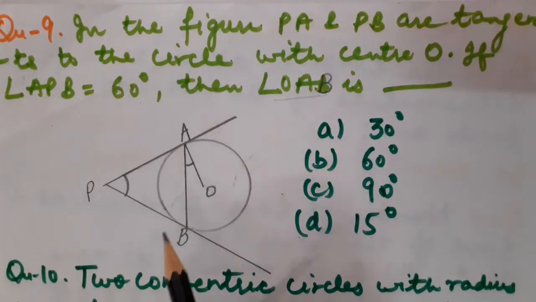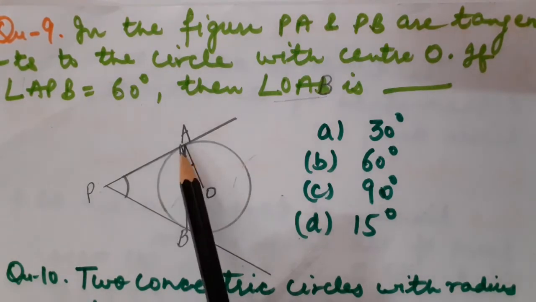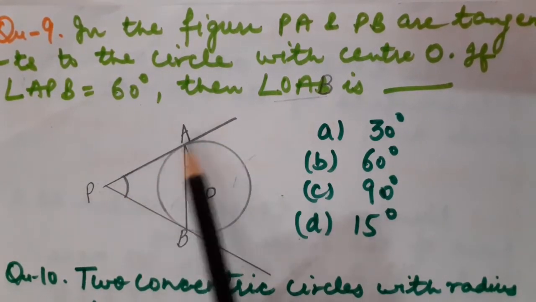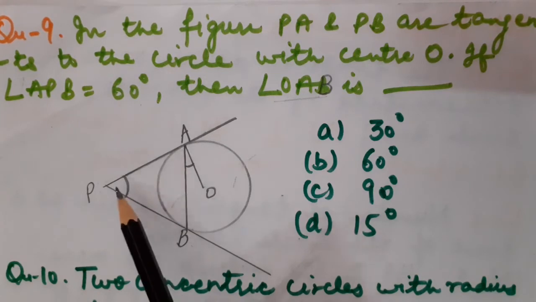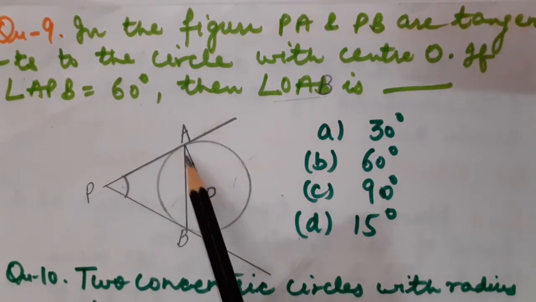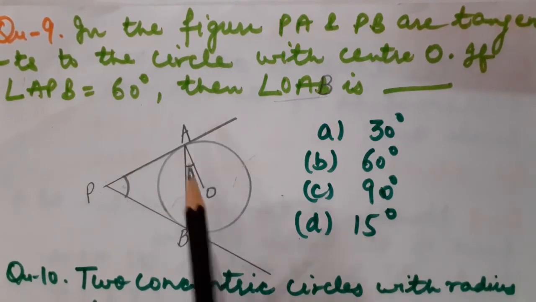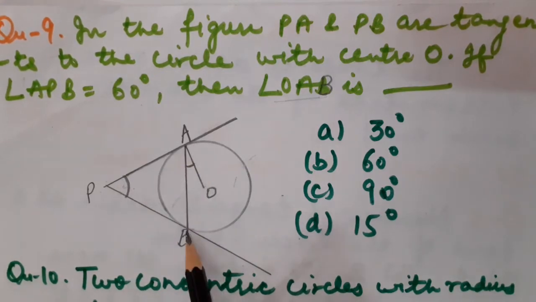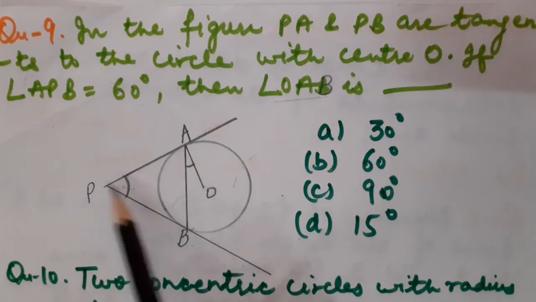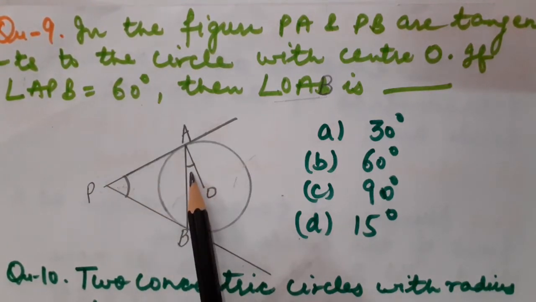Once you understand the statement which I have written. As we know, PA and PB are two tangents. This angle APB is always double the angle subtended between the radius OA and the chord, which is made by joining the points of contact of both tangents. So angle APB must be double of angle OAB. It means OAB is half of APB. So if this is 60 degree given, then we can write here 30 degree. Correct, children?